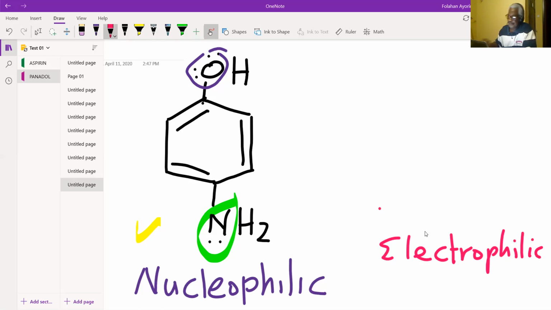In other words, the nitrogen is more nucleophilic than the oxygen, and as such, it readily attacks